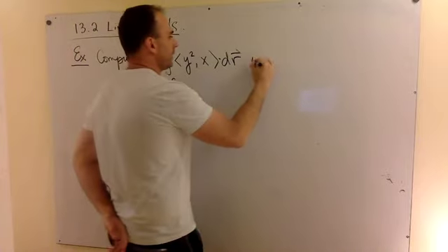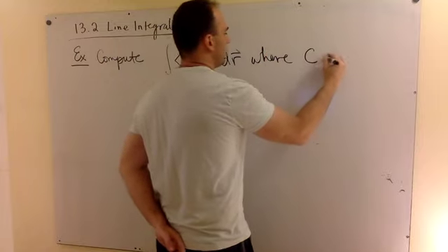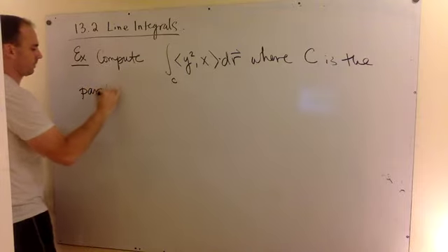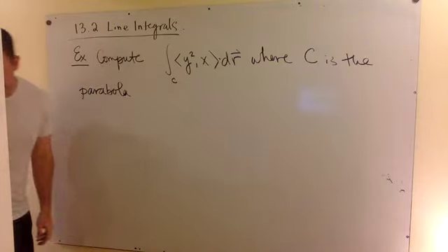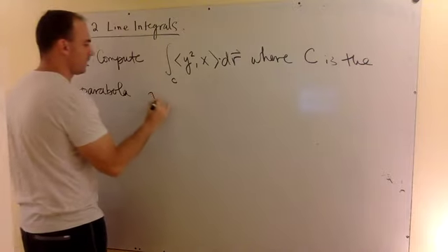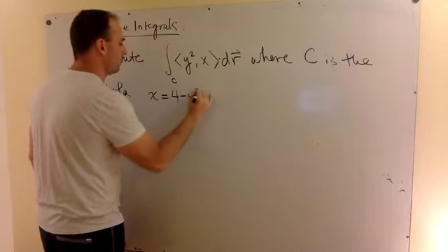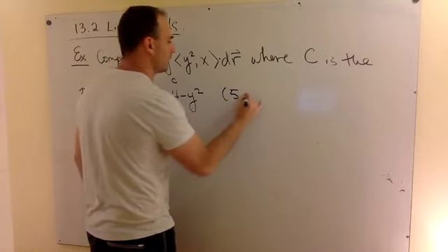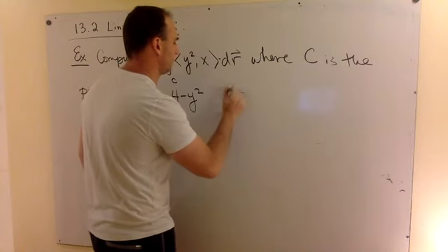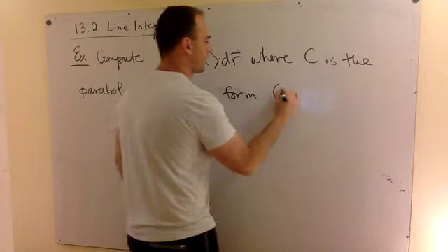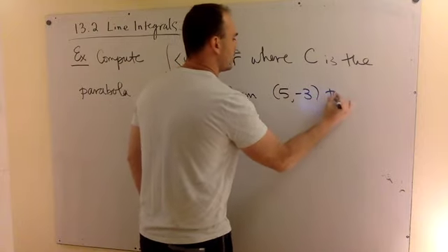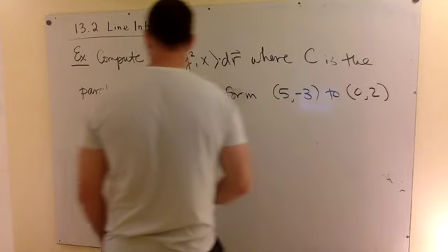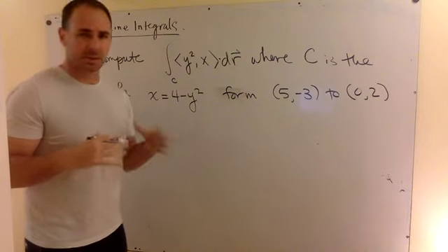So compute this where C is the parabola x equals 4 minus y squared, where y is ranging from negative 3 to 2. I didn't really go into it, and I'm going to go into it after we finish this example, but with vector line integrals